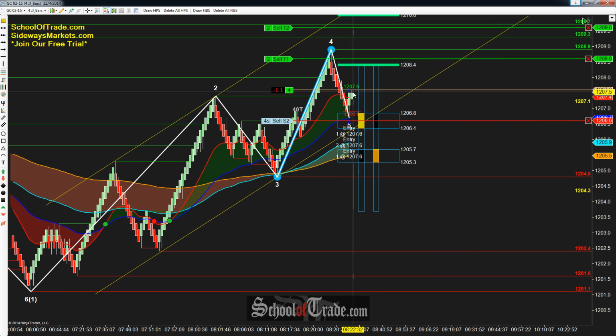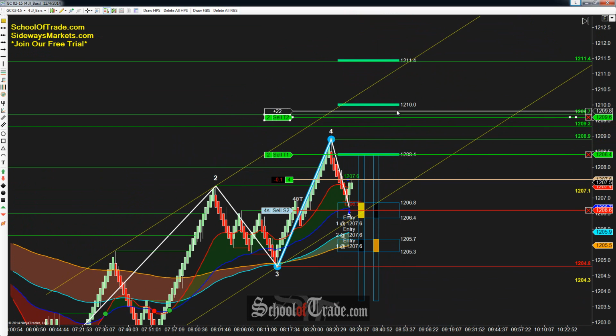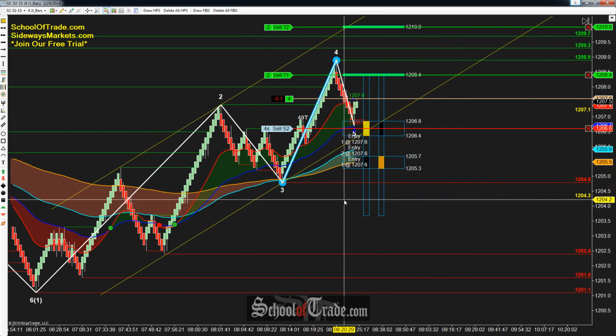We're going to be taking a look at a long setup here on gold. Just got filled long at 1207.6. Let me get my first target in place here, and the second target in place up there. Perfect. So what we're really looking at here on gold is we're pulling into a wave pattern, but